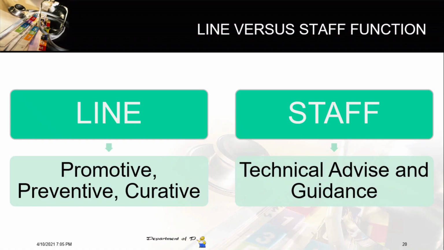Some positions are primary to the company's mission, or what we call line function, meaning they have functions which produce the products that the company is for, whereas others are secondary in the form of support and indirect contribution, or what we call a support function. Although positions within a line and staff organization can be differentiated in several ways, the simplest approach classifies them as being either line or staff. In the Department of Health, the main functions of that government agency is to provide promotive, preventive, and curative care. So those who deliver these functions have line functions.